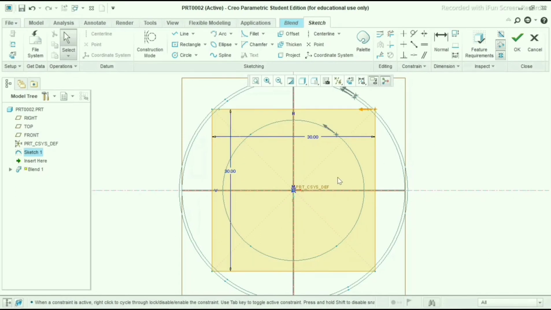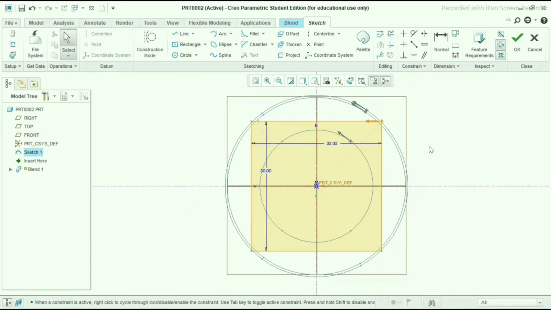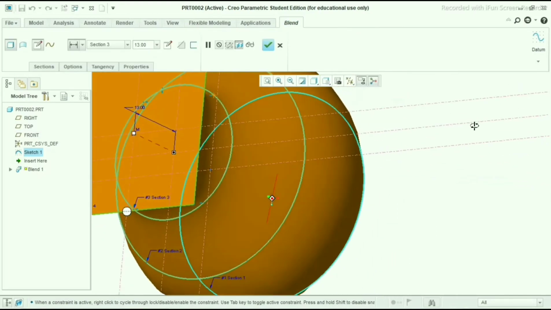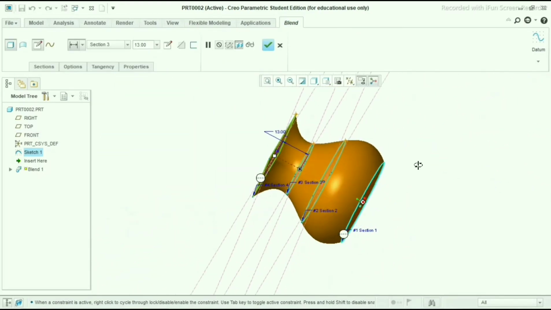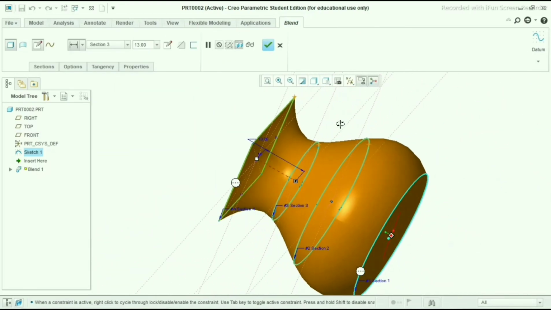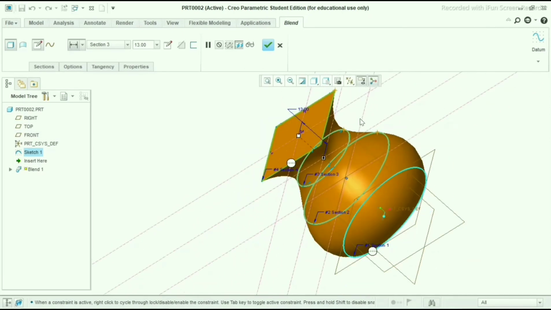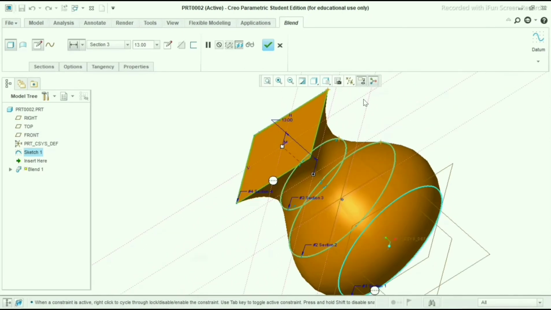Make this square 30 by 30 and simply click OK. Now our model is made properly. Simply I click OK in the blend tool command.